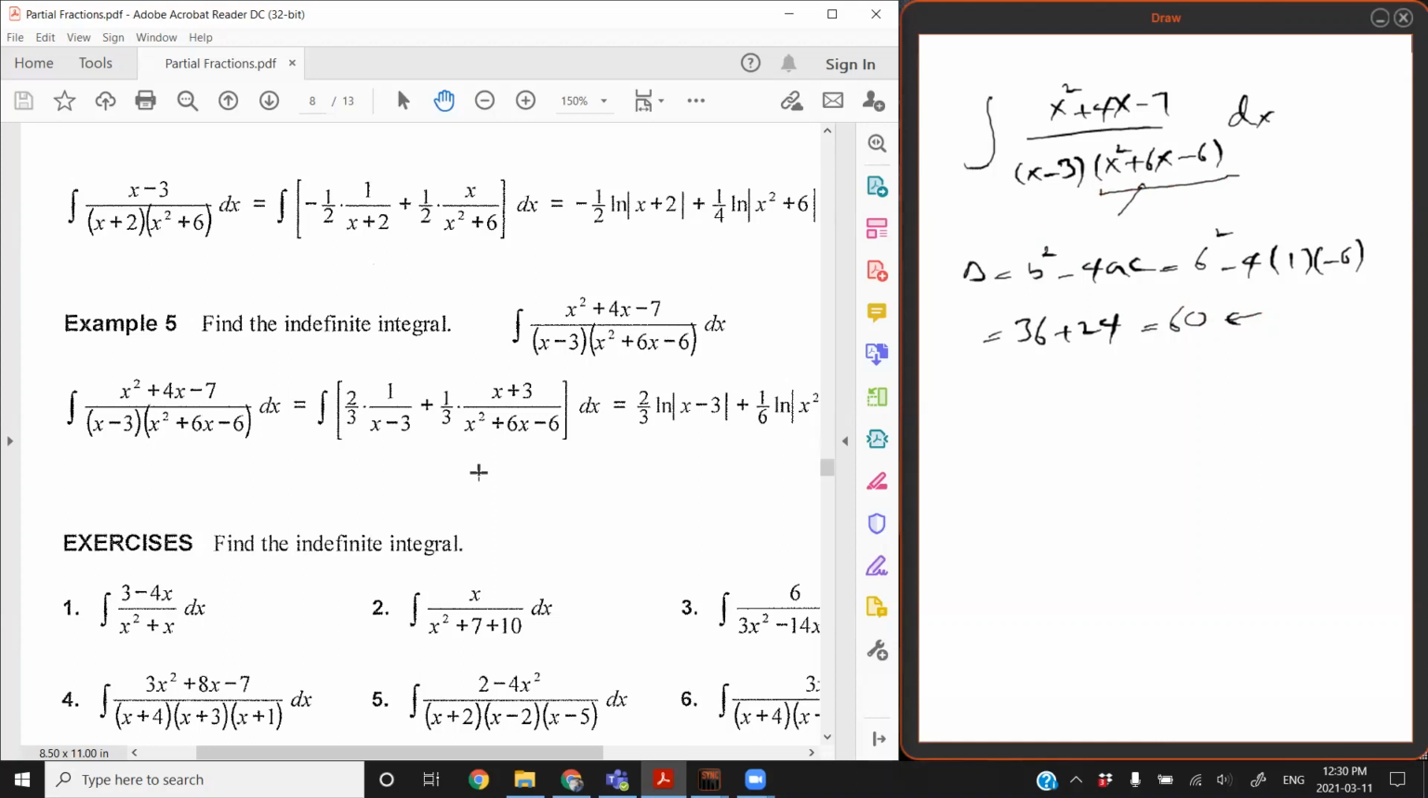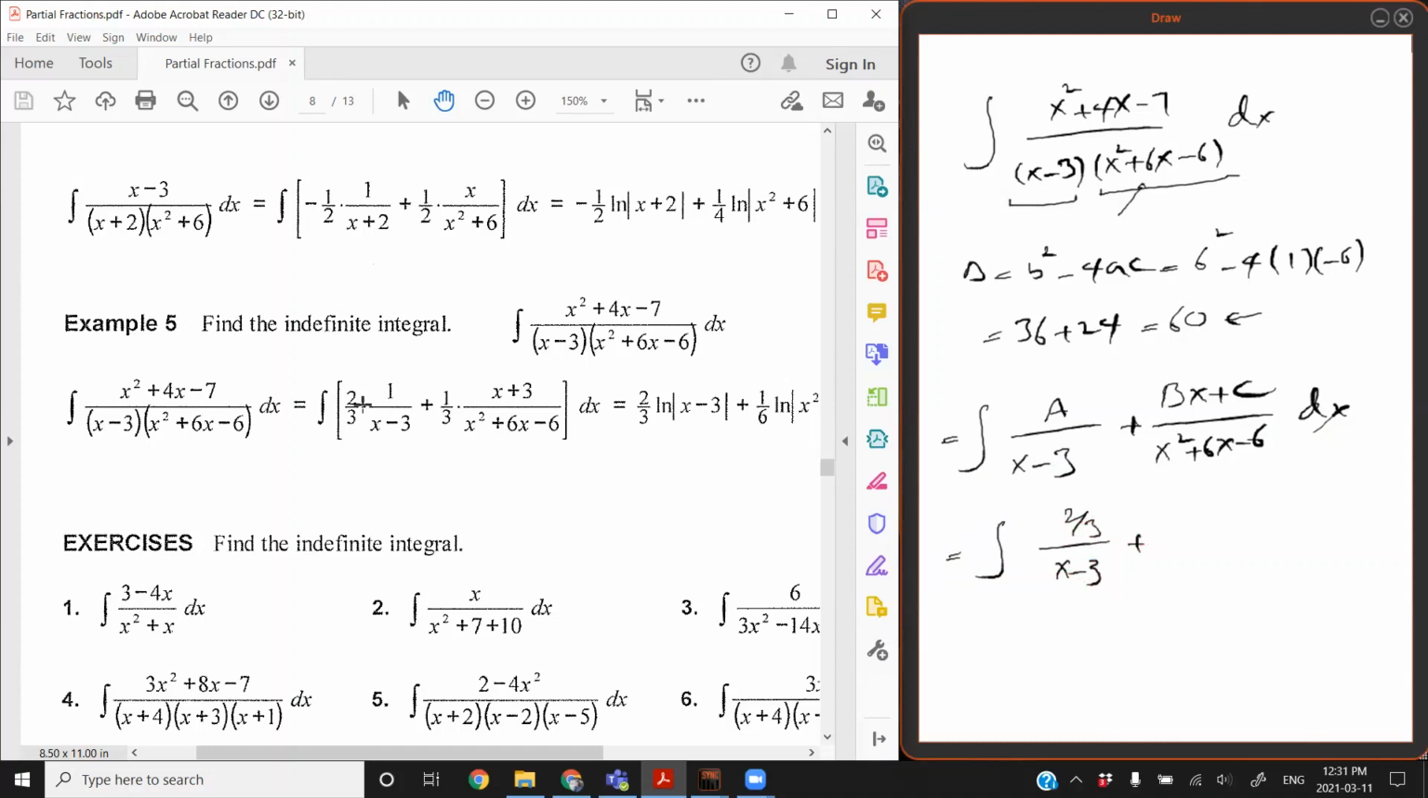So we're dealing with a linear factor and an irreducible quadratic one. So that means I can write this as a over x minus 3 plus bx plus c over x squared plus 6x minus 6 dx. If I find a, b, and c, I'm going to get this. I'm going to get, apparently, a is 2/3 over x minus 3